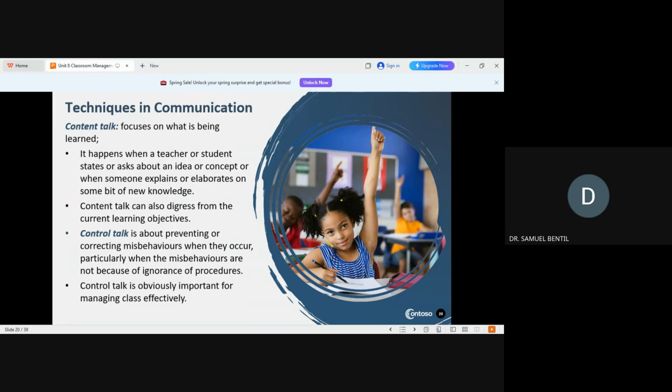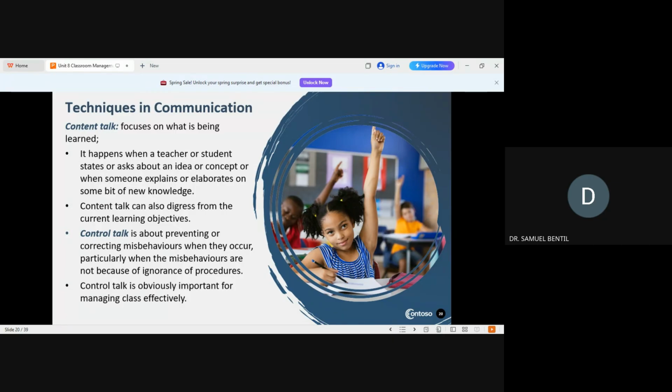It's also an example of what? Content talk. That's why content talk can also digress from current learning objectives. So no matter the fact that what he's saying is not in line, it's also an example of content talk. Then control talk is about preventing or correcting misbehaviors when they occur, particularly when these misbehaviors are not because